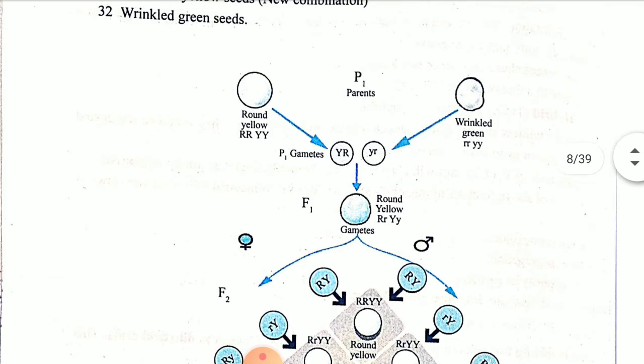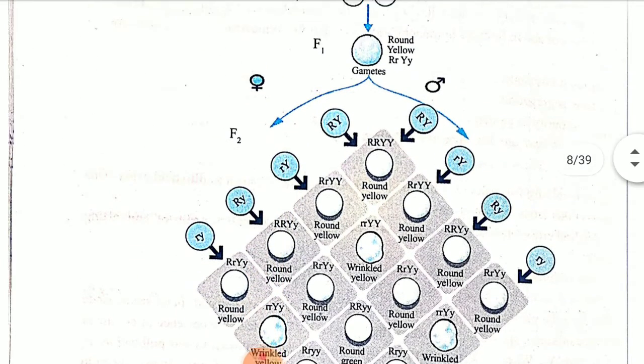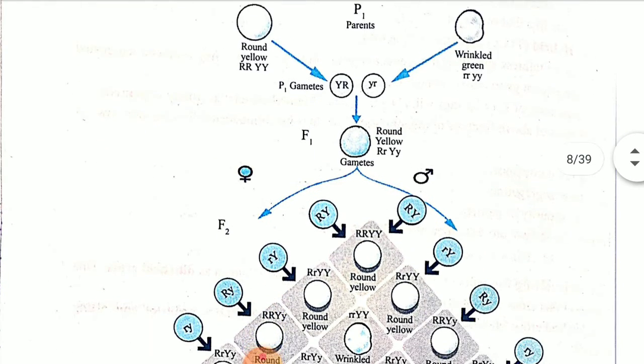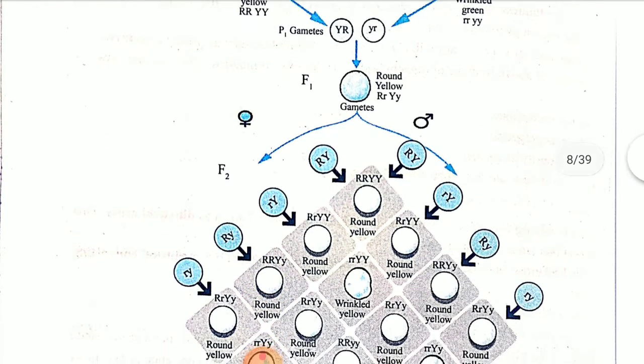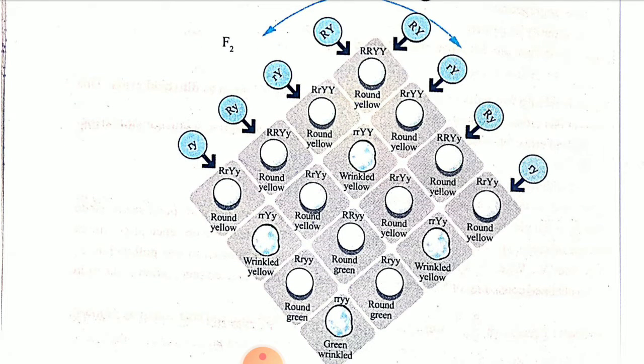As we are studying the dihybrid cross, along with the shape of the seed, the color is also going to be attached. So in this crossing, as you can see in this quadrant or Punnett square method, here you can see capital R, capital Y, small r, capital Y. Then the third one, capital R, small y. Then the last one, small r, small y.